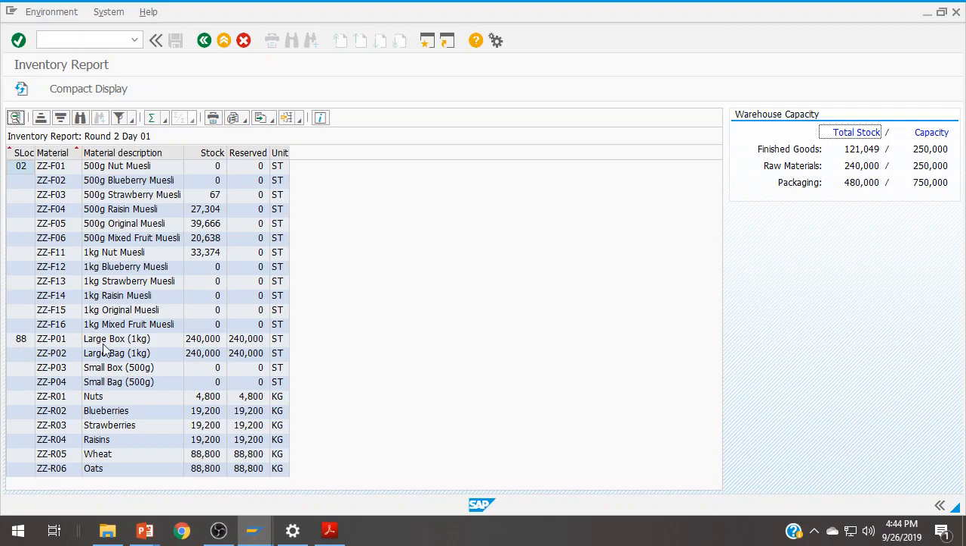And then storage location 88, you may remember these from the labs. This is where all the raw material inventory goes. So the food raw material is down here, and the packaging is here. These are the material codes in here. So F for finished goods, P for packaging, and R for raw materials. Do notice on here that